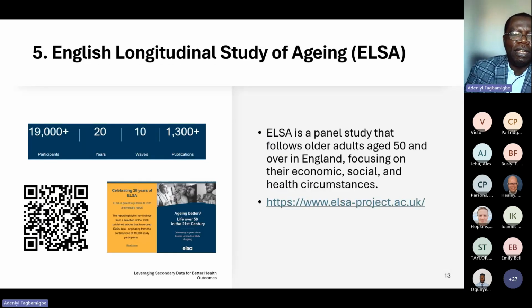Another one is the English Longitudinal Study of Ageing. It's studying people as they are growing old. It's usually pertaining to their health, having long-term conditions, and so on and so forth. It follows older adults, age 50 and over in England, focusing on their economic, social, and health circumstances. The participants number well over 19,000, and a massive 1,300 publications have been made from this study. So it means that it's a very rich data source that we can easily leverage